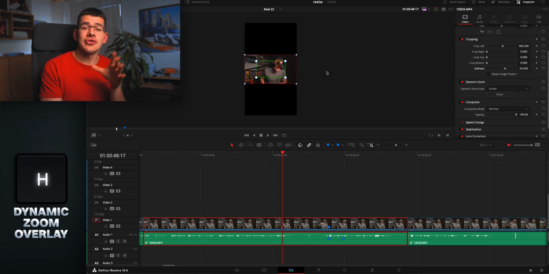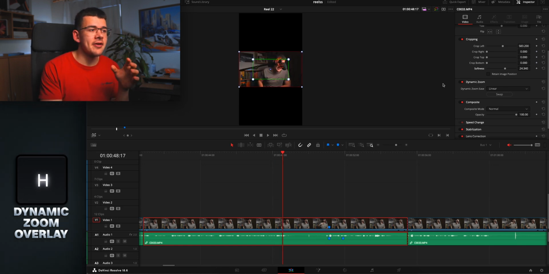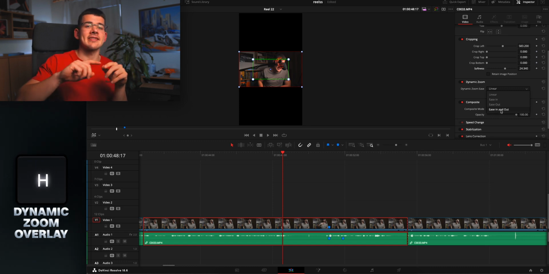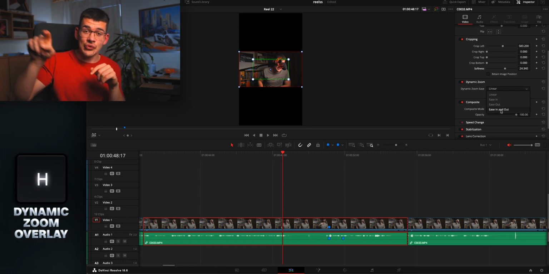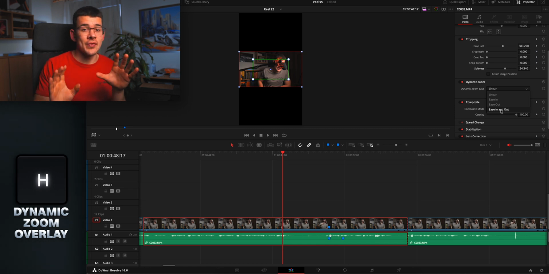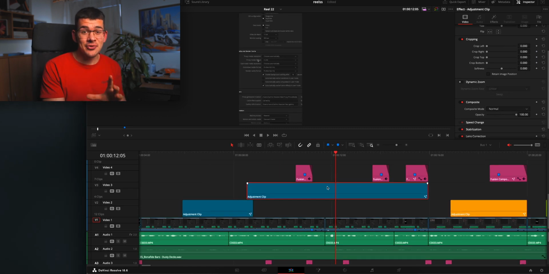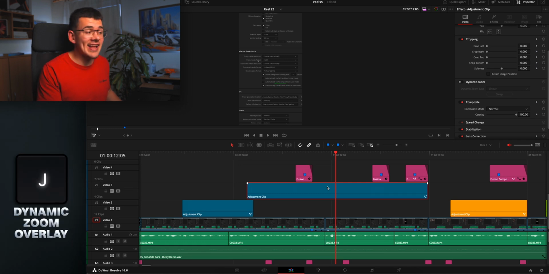A little thing that you can do to really spice up your edits is in the dynamic zoom section. If you have it closed, you just simply click on it, and now you can choose from linear, ease in, ease out, and ease in and out. This will basically add curves to your zoom graph, and it will make it all really smooth. Okay, so that's dynamic zoom covered, and the last one we have is activated by pressing J, and this will